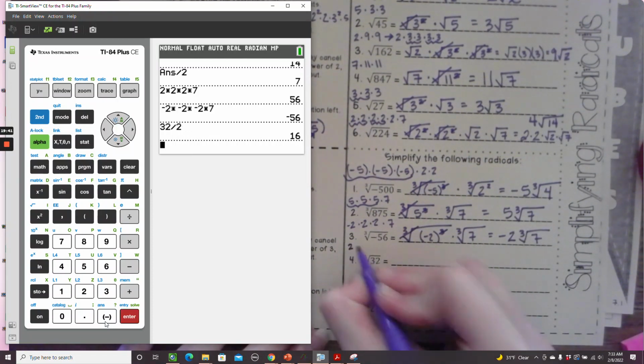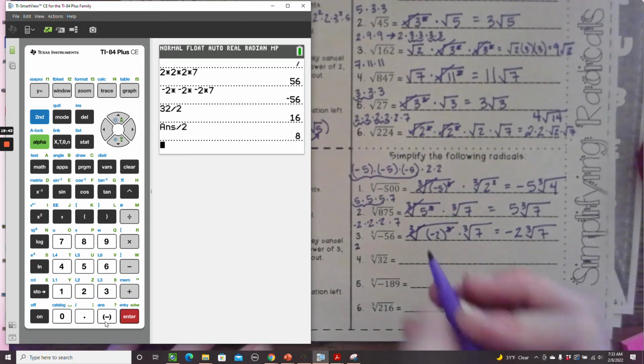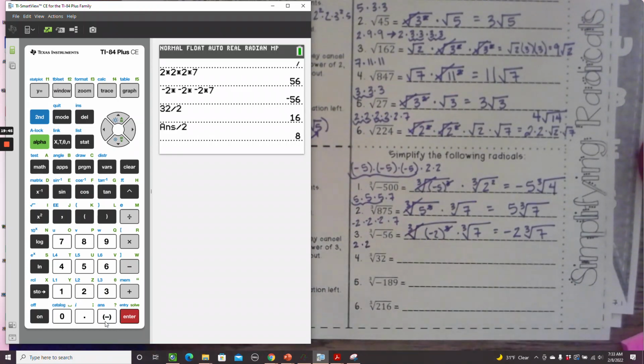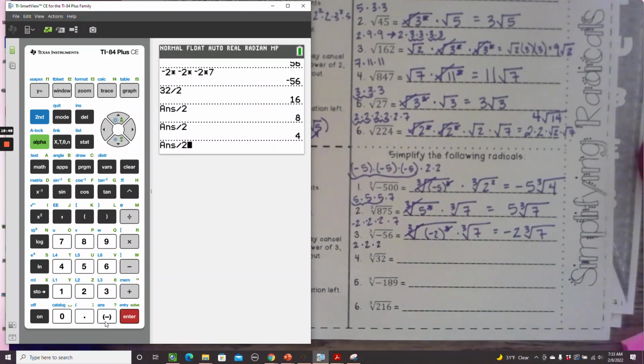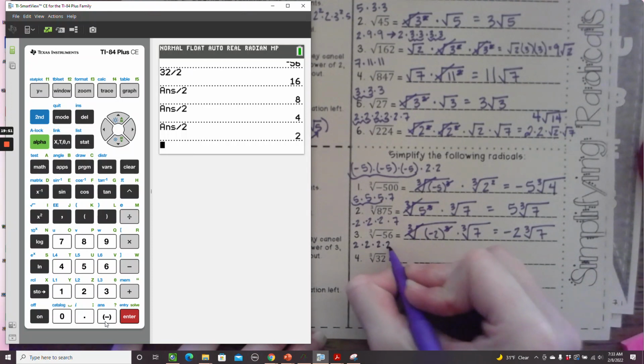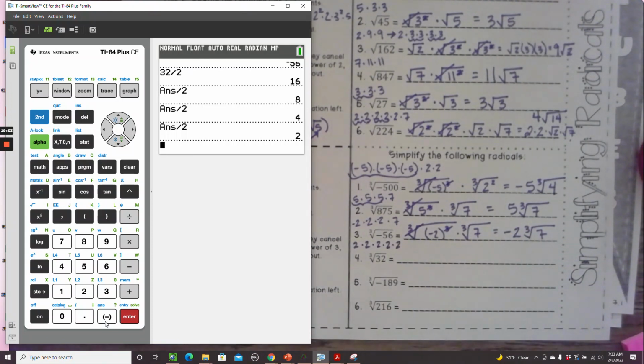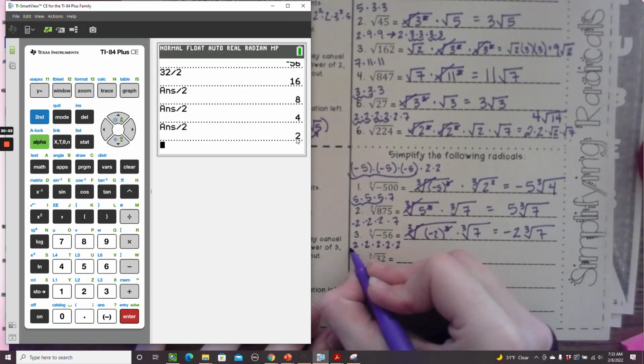32 divided by 2 is 16. Divide it by 2 again, and I get an 8. Divide it by 2 again, and I get a 4. Divide it by 2 again, and I'm left with a 2. Don't forget your last 2 here. If you count up here, 1, 2, 3, 4, 5 2s. Okay? Remember to group